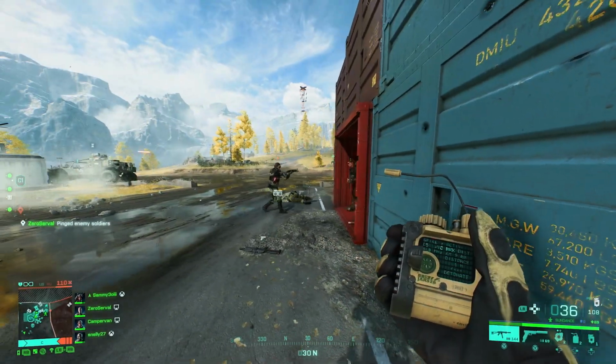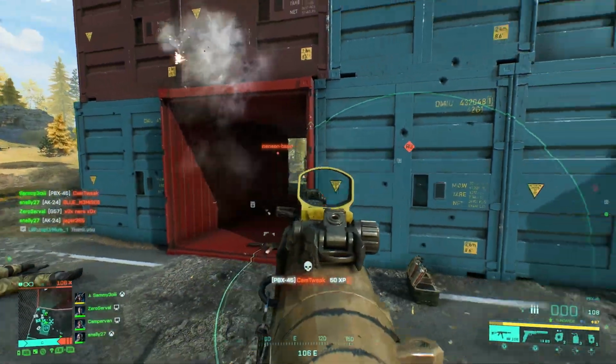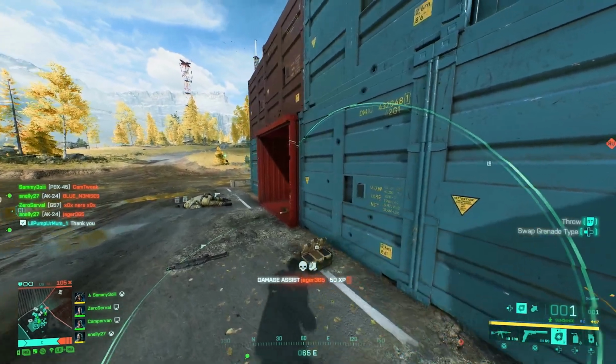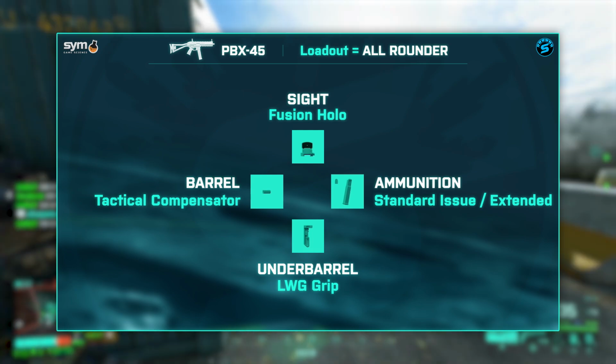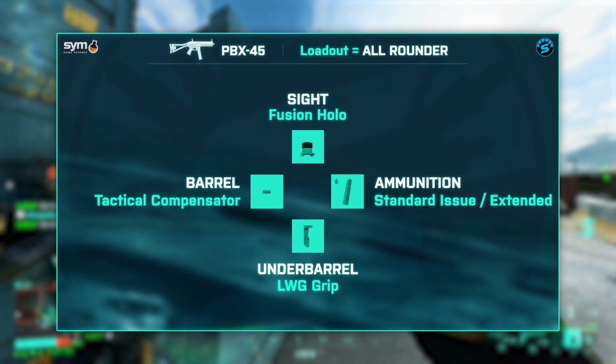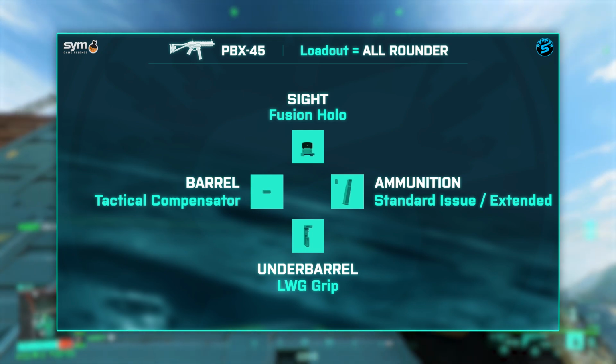Now lastly, for the third loadout, this one is called the all-rounder build, and this is essentially the loadout that I use 80% of the time when I'm running the PBX. For the sight, I use the Fusion Hollow again as this is just my favourite. For the ammo, I use the extended mag. For the underbarrel, I use the LWG grip again, and then lastly for the barrel, I use the tactical compensator